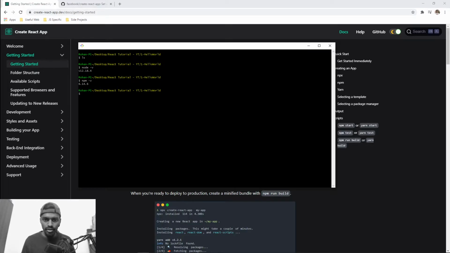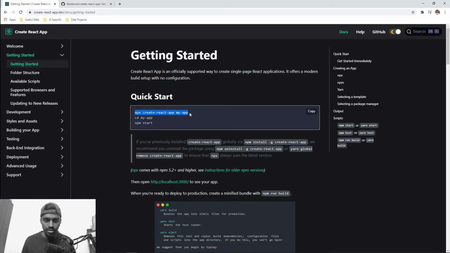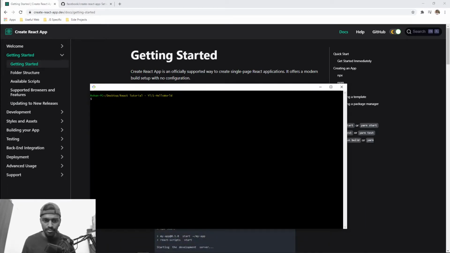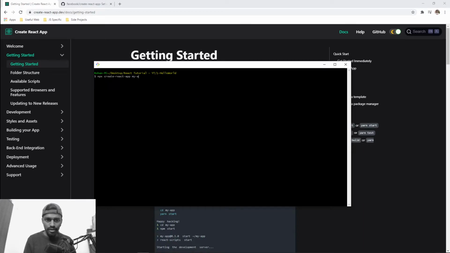So we'll just go here, and what we'll do is copy paste this particular command. npx create-react-app is a command line, and my-app is the app name. So you just go here, let me clear it a bit, and paste it out there. You can replace the app name with hello-world-app or hello-world, right? Just press enter, and it will take a couple of minutes to bring the packages and set up the folder structure